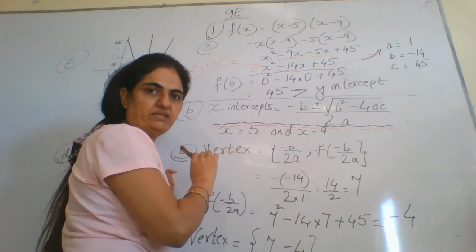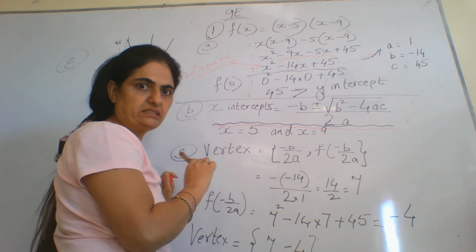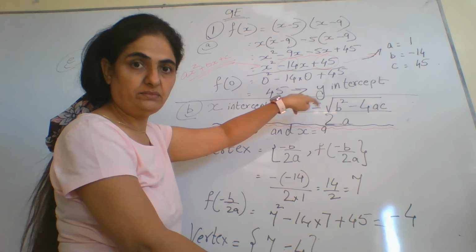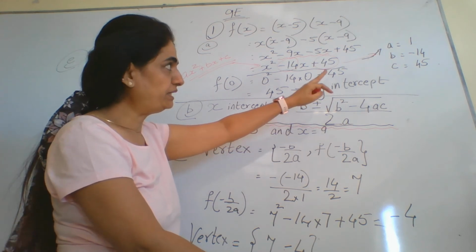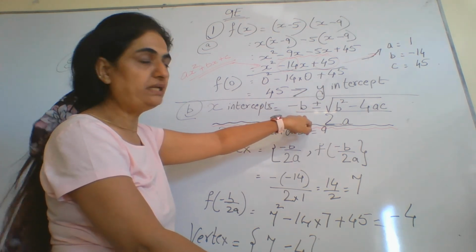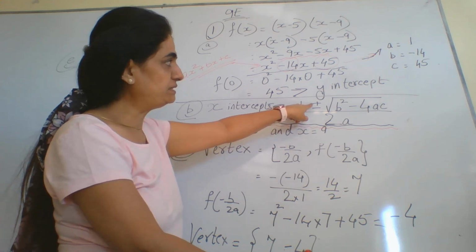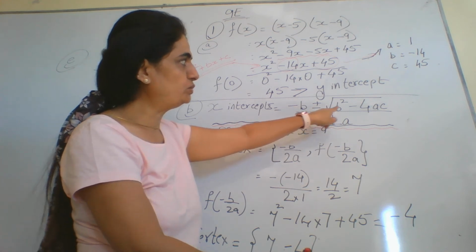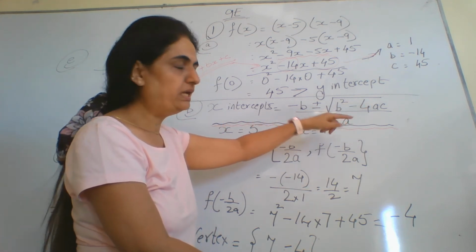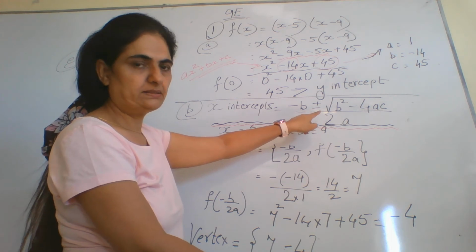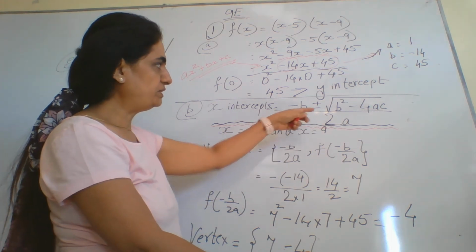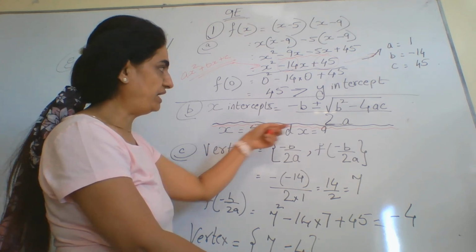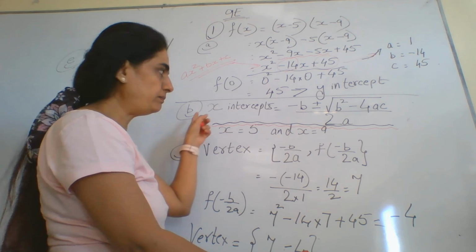Okay, so these values I will require now to find the x-intercept. As you all know, in the previous video also I had shown how to find the x-intercept using these values. So here, using this formula, by plugging in those values, you will get the x-intercepts. The formula is plus and minus. So once you use a plus here, minus b plus root of b squared minus 4ac over 2a, and the next time you use a minus. Okay. So when you do this, you will get the x-intercepts, that is 5 and 9. So that's your B answer.